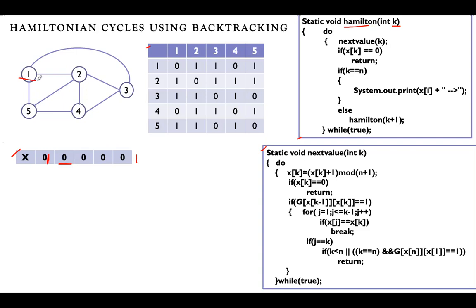So in that array, that first value will be 1. We'll be starting the cycle from the first vertex, so 1 is the first value there in that array. Next, I have to identify the remaining vertices. So k value is 2. I am starting from the second location. I need to find out which vertices will come in this second location. Is it clear? So that is how our solution starts for this particular task.